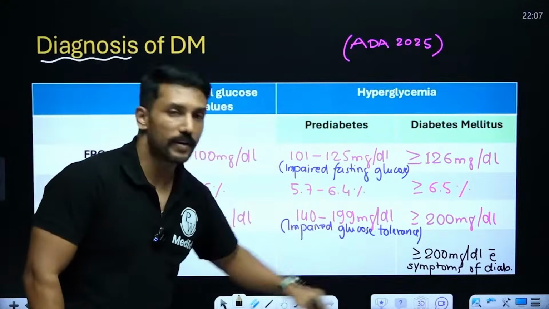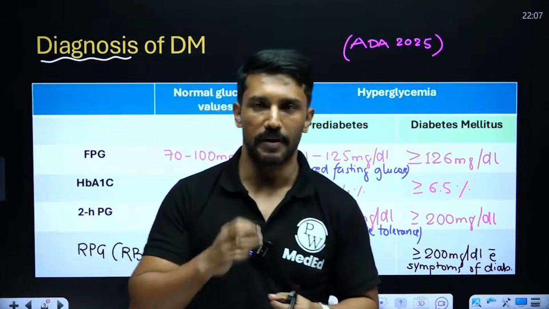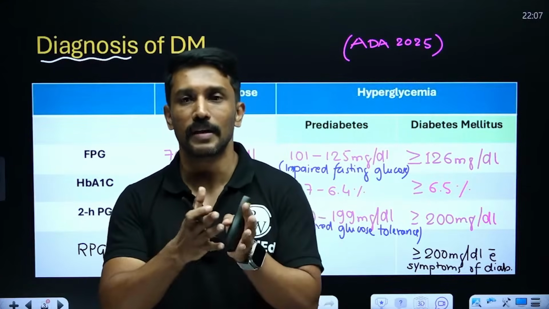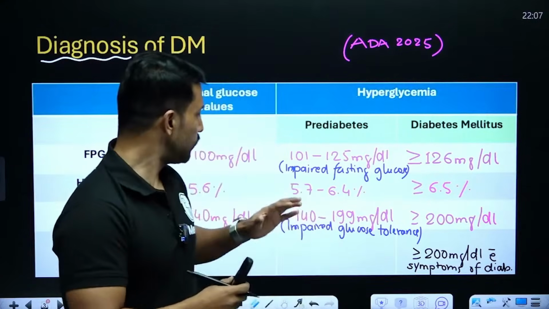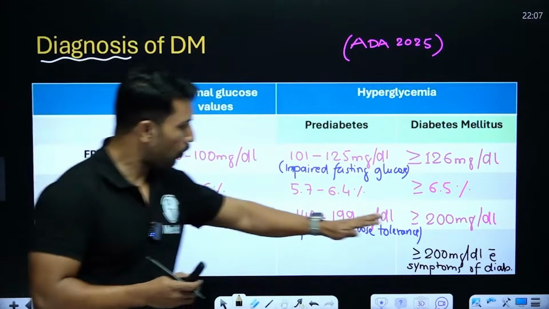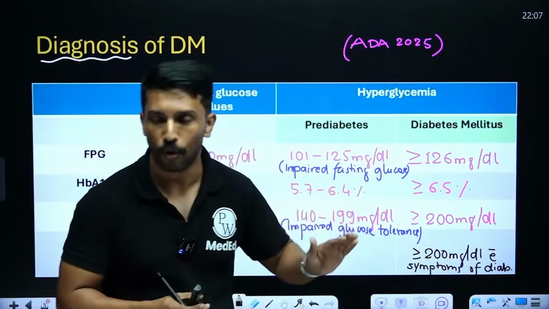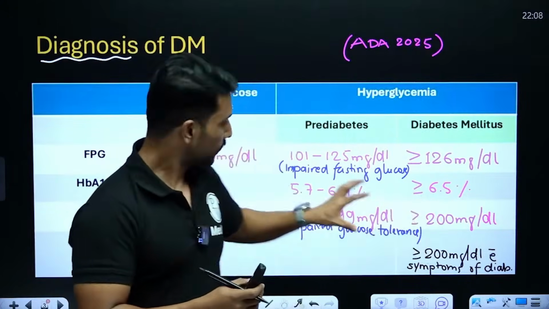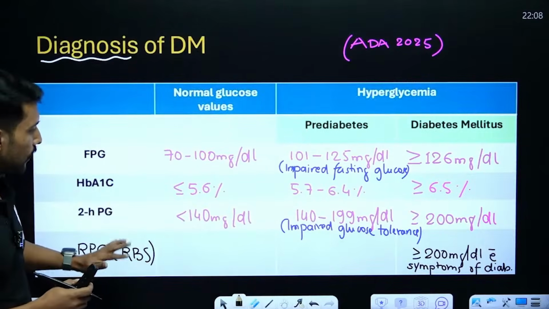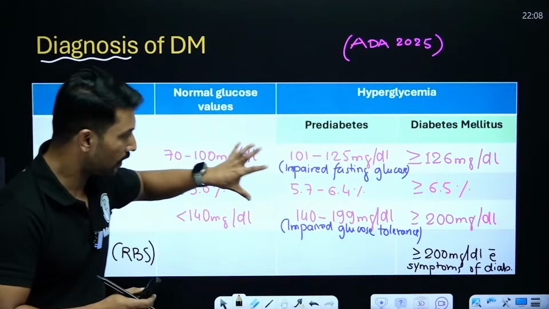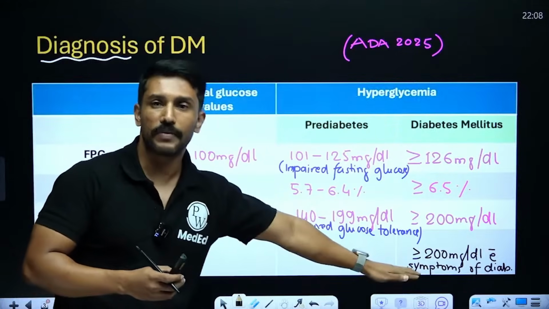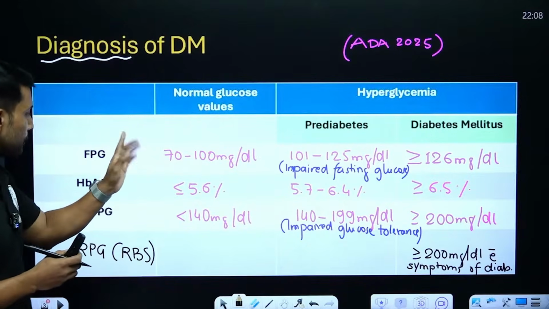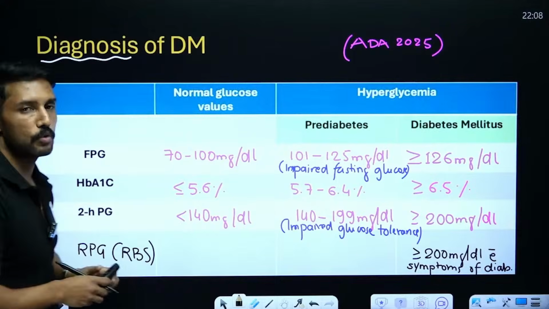Now, what are the symptoms of diabetes? Please remember the 3 P's of diabetes, that is polyuria, polyphagia, polydipsia, and now we have a 4th important symptom, that is weight loss. So if anyone presents with random blood glucose value more than or equal to 200 along with polyuria, polyphagia, polydipsia or weight loss, we can diagnose diabetes on the random values itself. But if I have to follow the ADA guidelines where the patient is not having symptoms of diabetes, then I cannot diagnose it based on the random blood glucose. I have to go with either fasting glucose, HbA1c or 2-hour postprandial glucose.